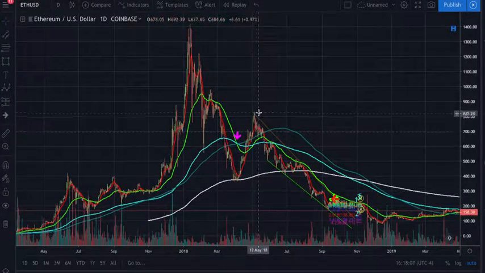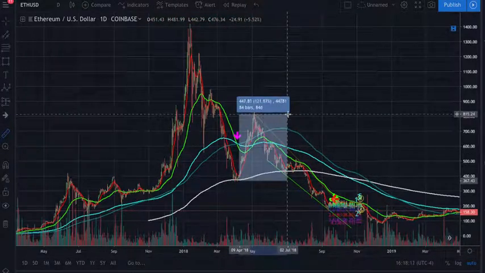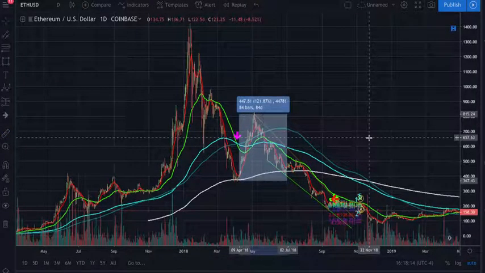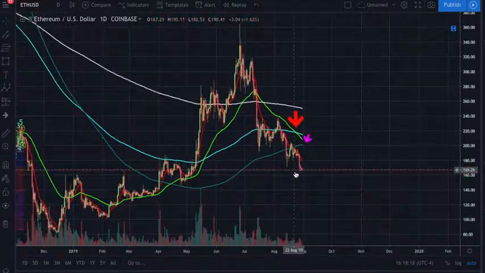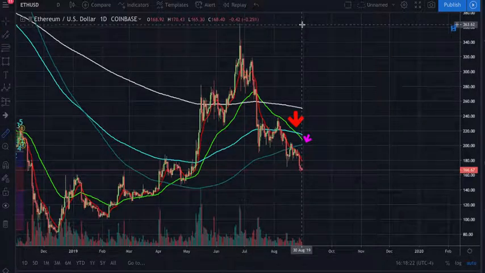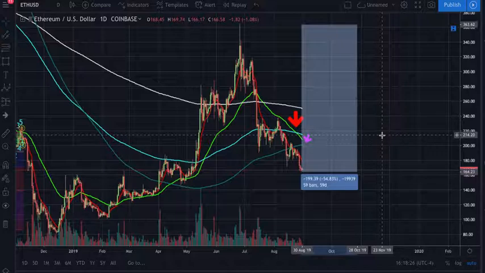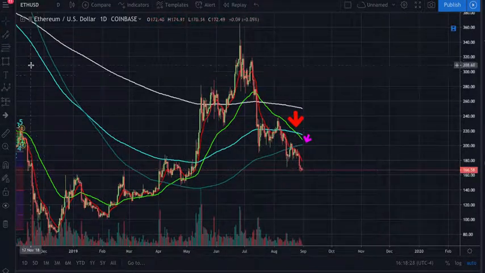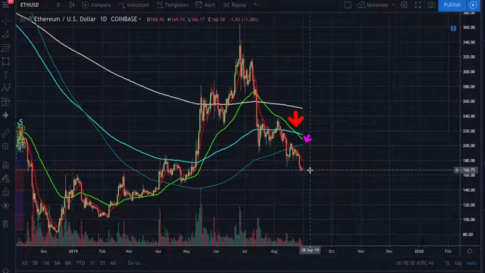But look what happened. 122% gains on Ethereum from the death cross. So 122% gains. Before you held your Ethereum all the way down, a 54% loss, and then dump it at the bottom, before you accidentally do that because somebody told you the death cross is the end,